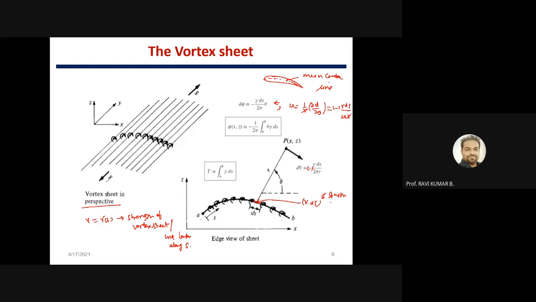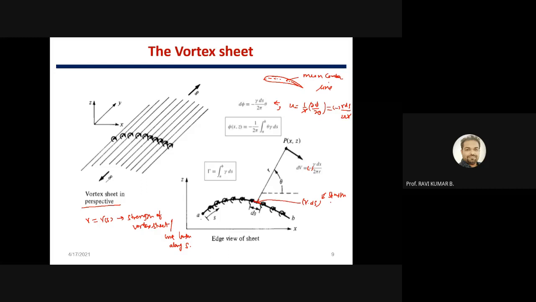When you are talking about circulation, you have to consider a small distance on the surface. On that, find out the elementary circulation. That is called, in fact, a small strength. Let's integrate that. And from that strength itself, you can find out the velocity, right? That is also known as tangential velocity, basically. So tangential velocity.